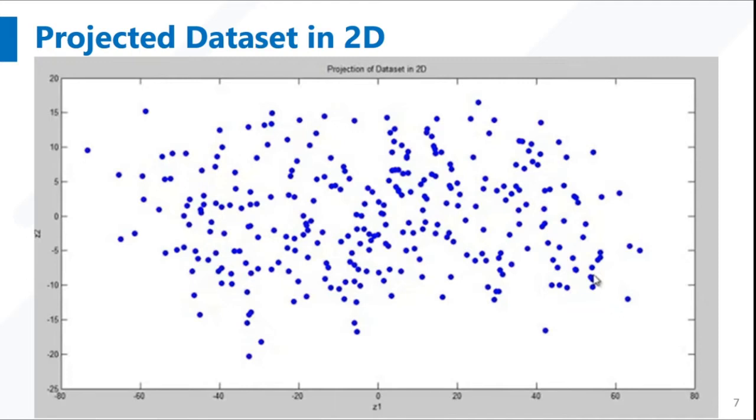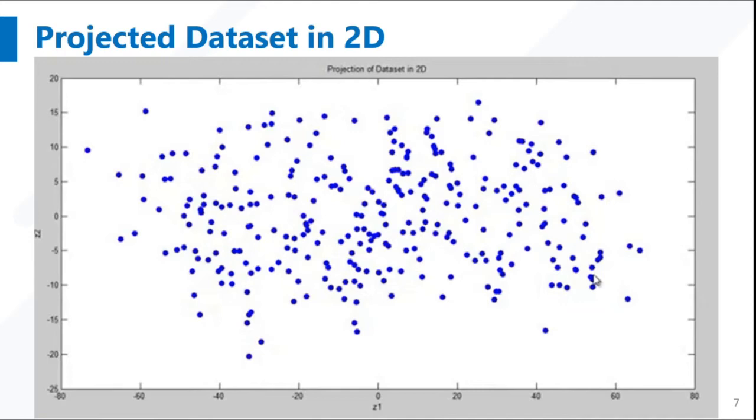Which plane is the optimum plane? We have not defined, we have not discussed how to obtain that plane, but there is a technique to find out the optimum plane. That means the plane where the projection error will be minimum. We'll talk about what projection error is and how to find out that plane,